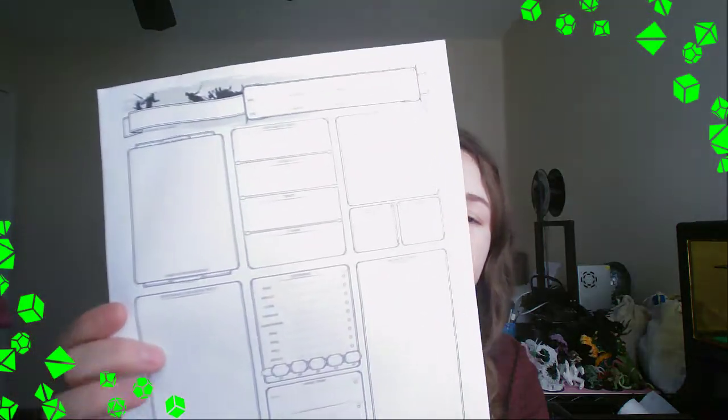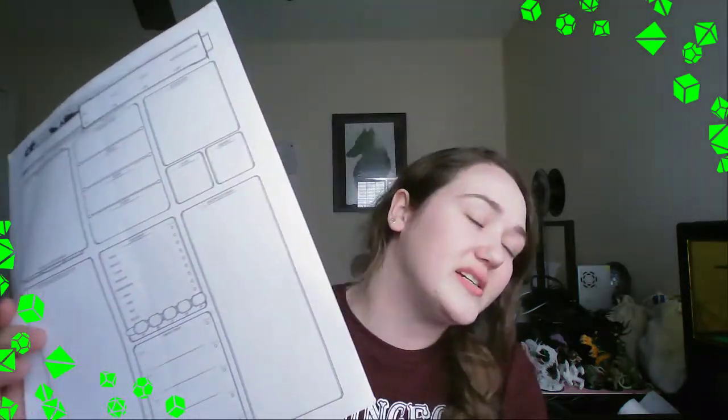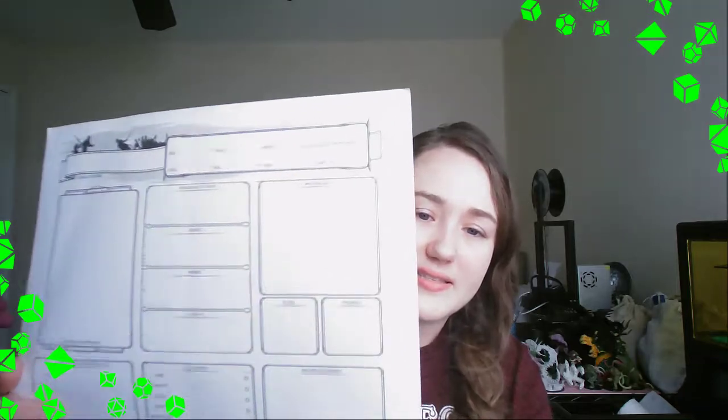And then lastly, you're going to have pretty much your RP sheet, is what I like to call it. This tells you your personality, your bonds, your flaws, and your ideals, background, allies, enemies. All of this is what you get to make up yourself. You don't have to roll for it. It's not set in a book.